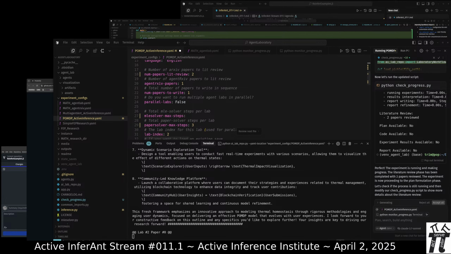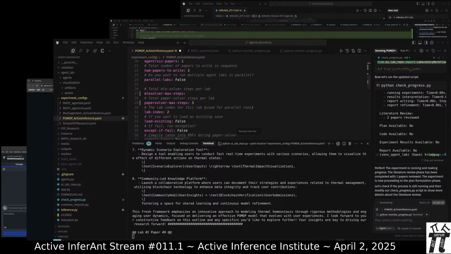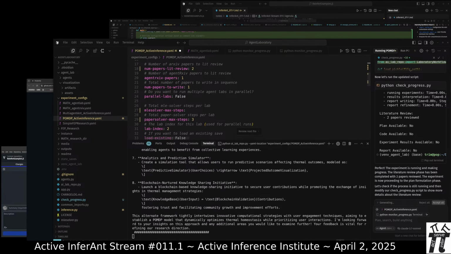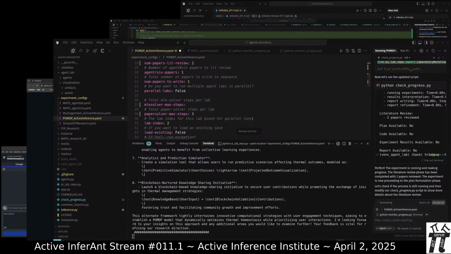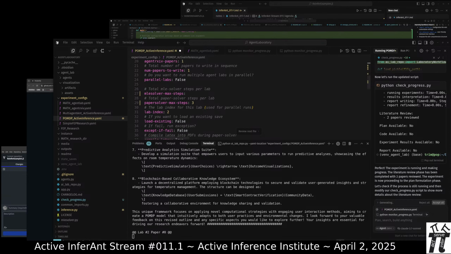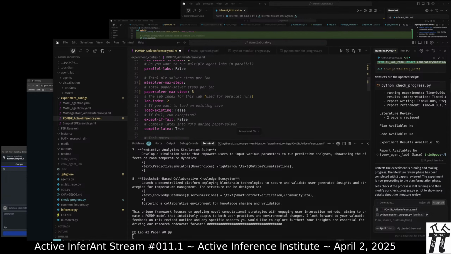Here's different stages. So I found that when larger numbers were used, there were some interruptions. I don't know if that was because of stepping away from the computer. So these are relatively low levels of steps, but it'd be conceivable and interesting to see what happens when literature review is huge numbers, or how to use a structured knowledge base for literature review. It's also possible to run multiple labs in parallel.